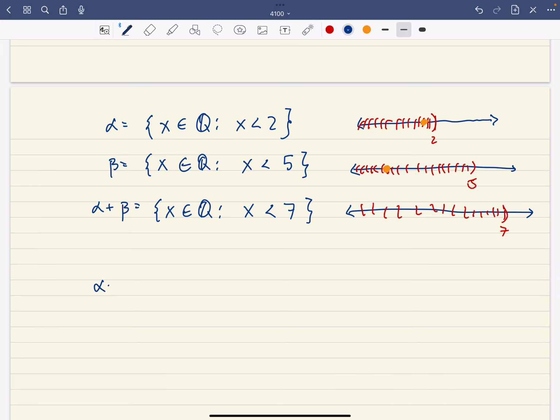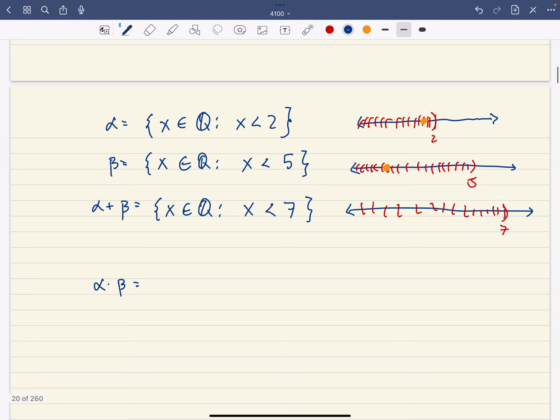Multiplication is a little bit trickier. You cannot just do pairwise multiplication, because if you were to take 2 times 5, for example, because you have the negatives, you would get arbitrarily large values. And so you have to be a little bit careful there. But what you can do is first define multiplication for positive reals. So if alpha and beta are positive,